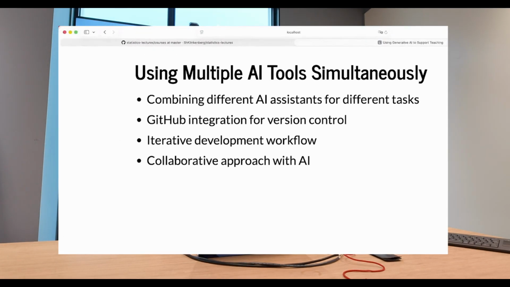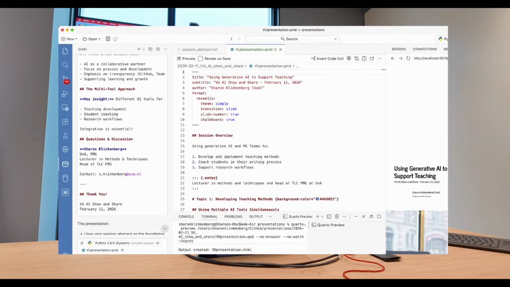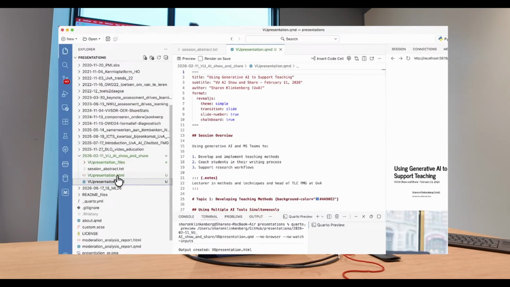So if we just go back for a second to Positron, because we now created this text file, we looked at the preview. The preview is also stored in the documents file. So we now have not just our Quarto document that we generated, but we also have our HTML presentation, still our abstract and our files. So because Positron is connected to